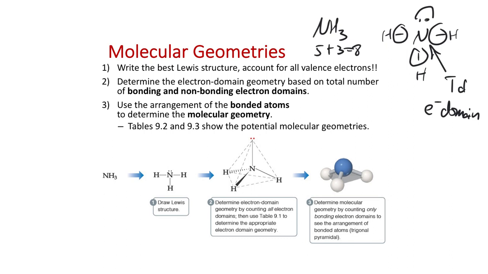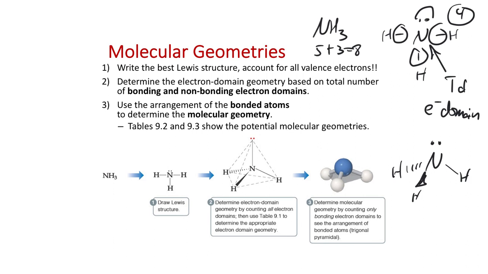So all those domains on nitrogen should fit the structure of being tetrahedral. We have an electron pair here, a hydrogen, then a hydrogen coming out and then going back. What we want to do is, from the Lewis structure, determine the electron domain geometry based on the total bonding and non-bonding domains. That just means we're counting the bonds attached to a central atom, and then counting the number of lone pairs on that central atom. For this example, that was 4,